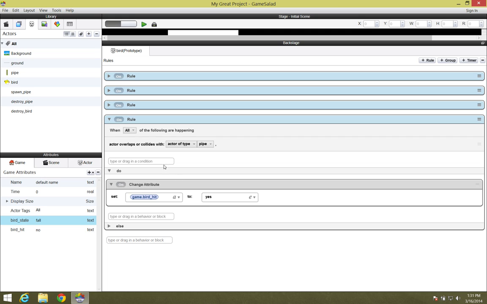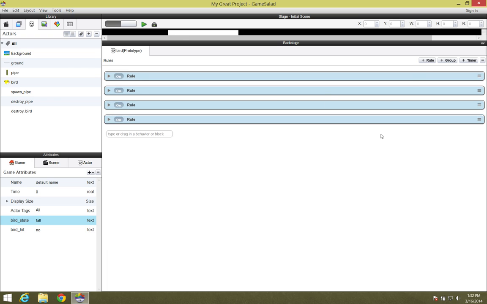So very simple stuff. I basically said when the bird overlaps and collides with the pipe, then in the do section, change attribute bird hit to yes. You can see here by default we have it set to no. So I'm going to close that rule down, and I'm going to create another rule